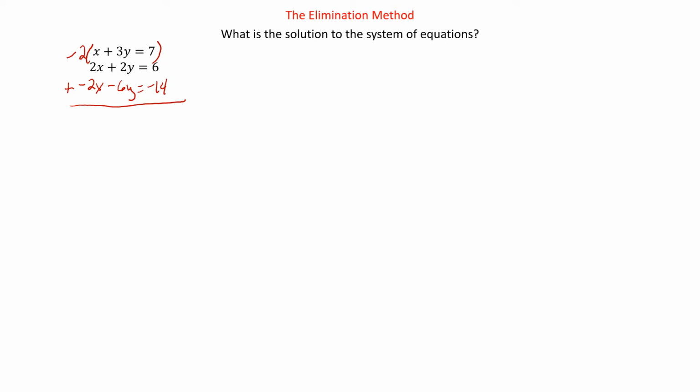2y minus 6y is negative 4y equals 6 minus 14 is negative 8. Now we can divide by negative 4, divide by negative 4. So we get y equals 2. Plug that into one of the equations. Now we actually have 3 equations to choose from. I would not choose that bottom one